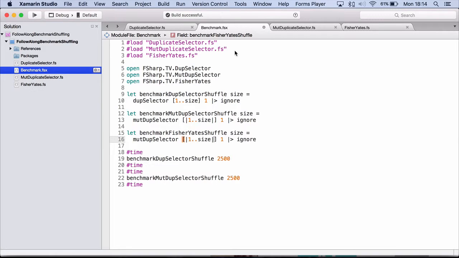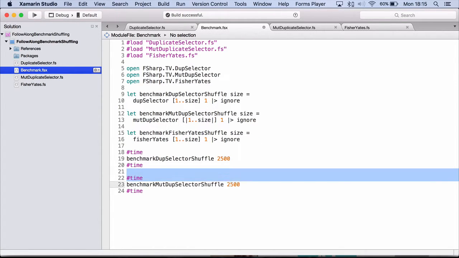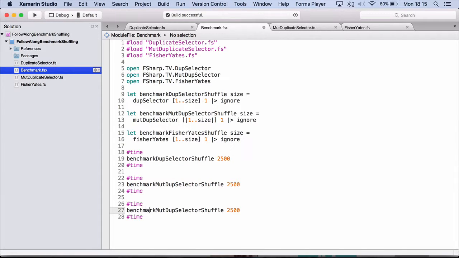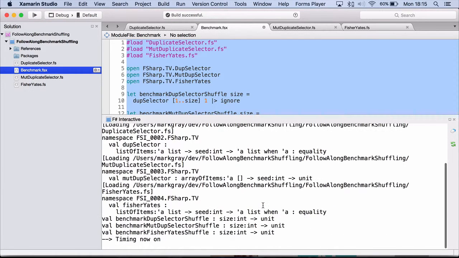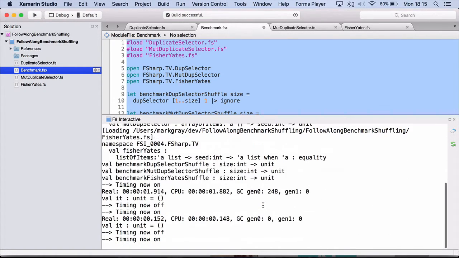And note that it's a list we're feeding in, not an array. And it's just Fisher-Yates. Let's duplicate the last item. Benchmark Fisher-Yates Shuffle. And let's highlight everything, execute in the F# interactive, and we should see how fast each of